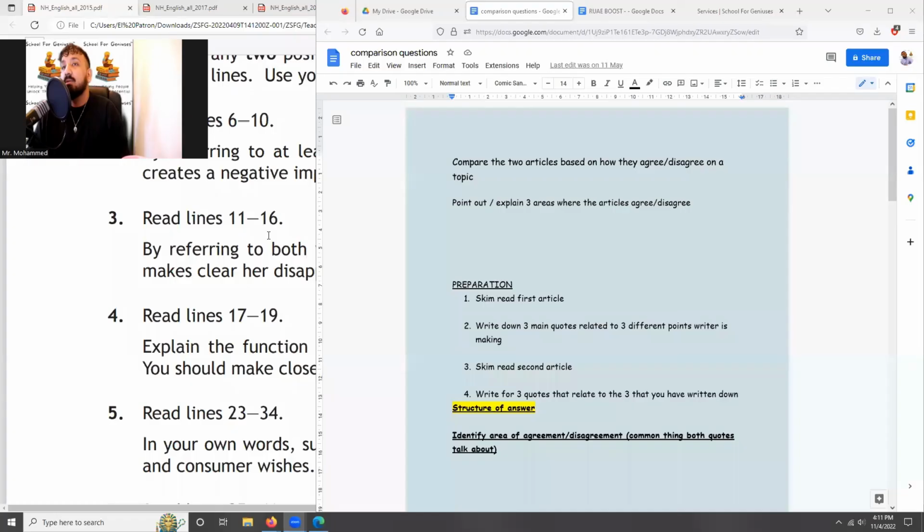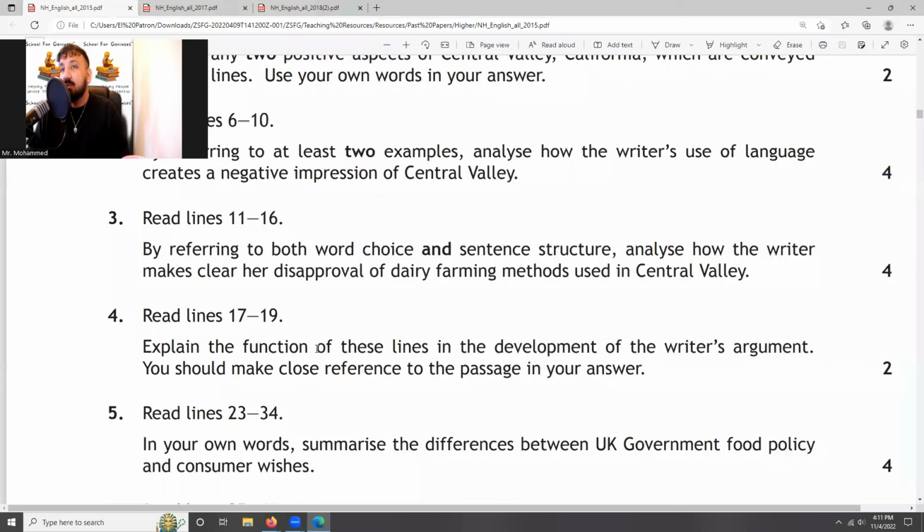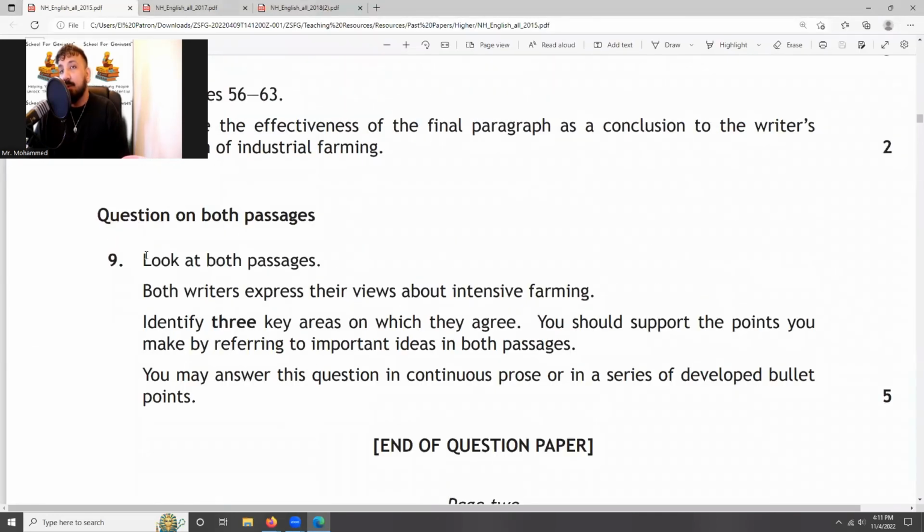Okay, so this question, this comparison question. What is the point of the question? So make your heading comparison question. Okay, here we go. So the point of the question is to compare between the two articles. Now what I'll do very quickly is I'll just show you an example, and then I'll show you how to do it, and then we will be